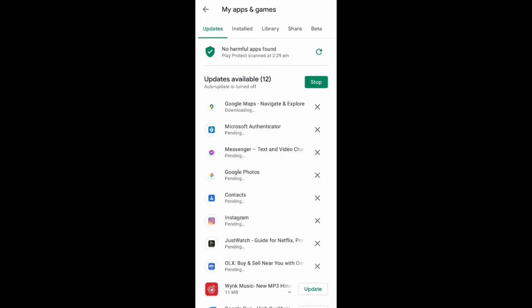So the first step is to update your apps. Start by updating the apps in your phone from the Google Play Store, and particularly make sure that you have updated the contacts, phone and other system apps. Once updated, just restart your phone. This should fix temporary issues and glitches, however, it may not rectify the problem.